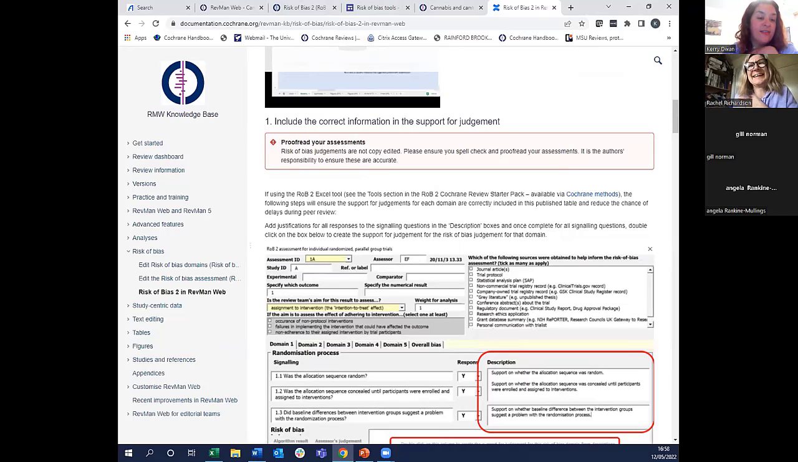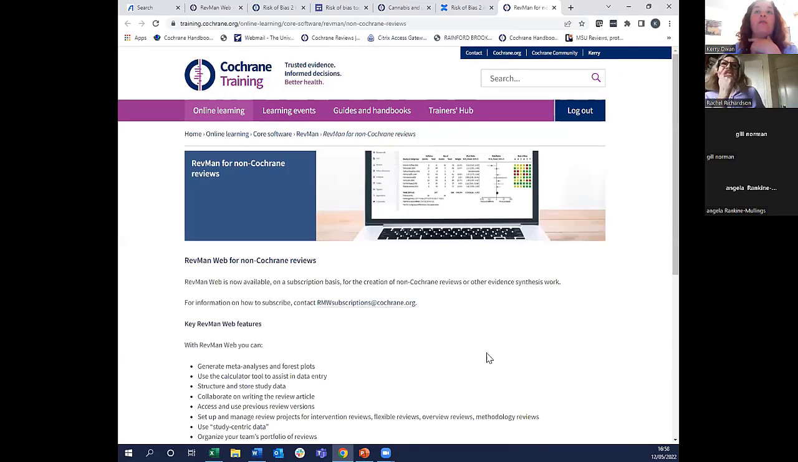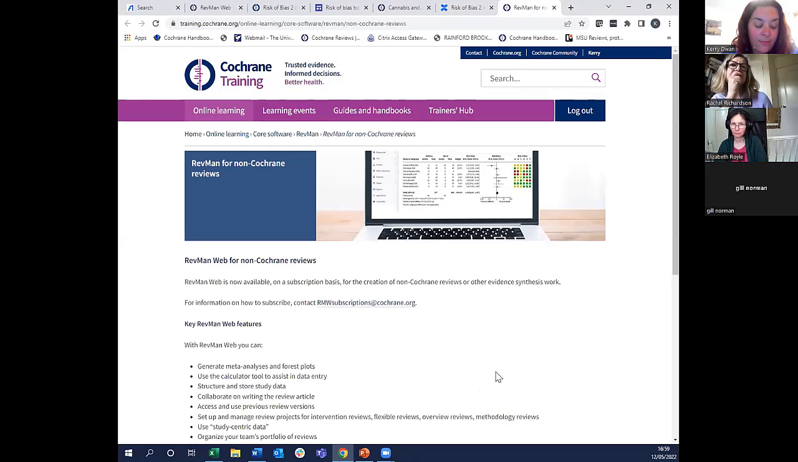Oh, here you go. Ruth sent a link about RevMan for non-Cochrane reviews. RevMan Web is now available on a subscription basis for the creation of non-Cochrane reviews or other evidence synthesis work. Yes, so that's another point as well. You can't actually use Risk of Bias 2 in RevMan 5. It's only available in RevMan Web. So in RevMan 5, it would be the previous tool and study-based